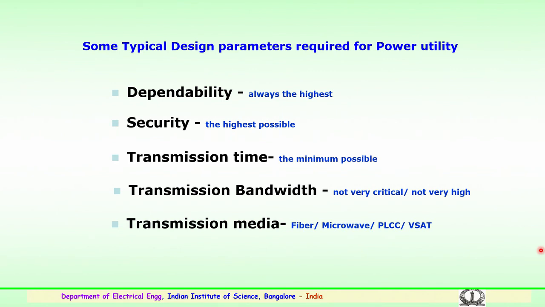Finally, there is the transmission media. What type of transmission media is to be employed for the power utility? It could be fiber optic communication, it could be microwave operating at a very high frequency, or power line carrier communication, or it could be VSAT satellite based communication. Power utilities have been using all these transmission media over a period of time. So, it is very important for power utilities to properly choose the technology depending upon their required